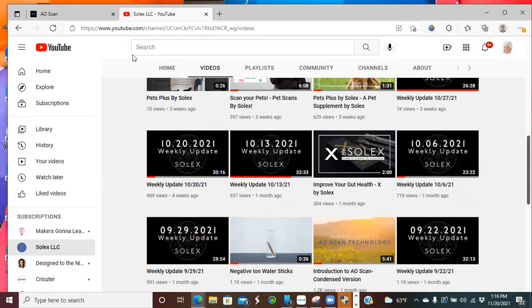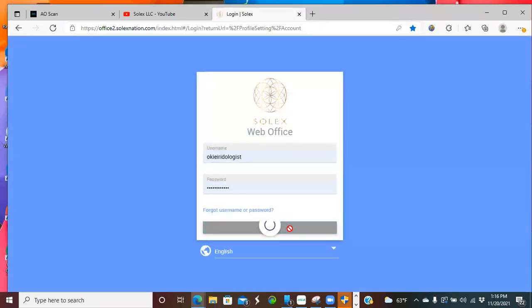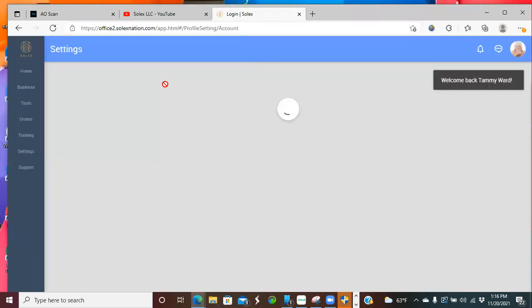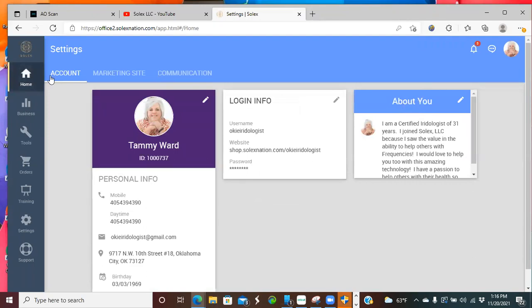And then we also have things in our back office. So just know that all the resources are here. I'll log into my back office real quick, and I'll kind of touch base and show you a little bit of where